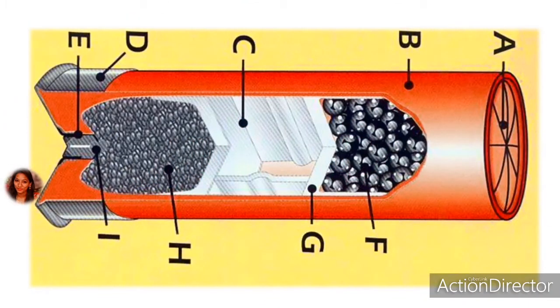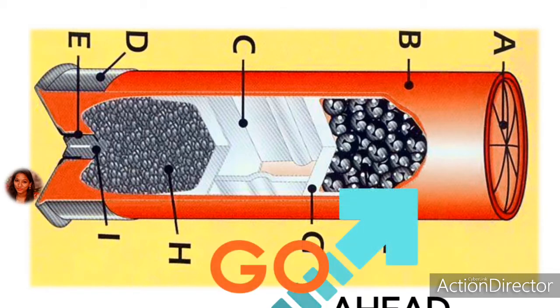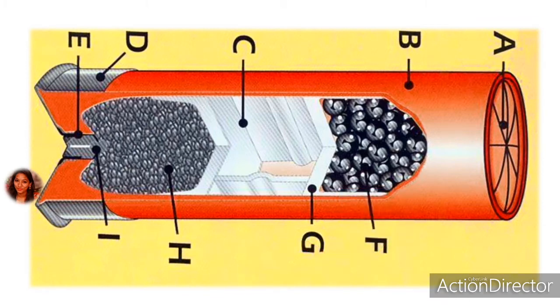You might have observed a variety of shotguns, a variety of projectiles, a variety of blades. So today the video is all about the internal anatomical structure of this bullet, that is called a shotgun cartridge. Here there are a variety of parts, as you can see labeled A, B, C, and so on. There is an outer area, that is the simple covering, and internally there are many sections. Each section includes particular material. Let us see each one in detail, one by one.